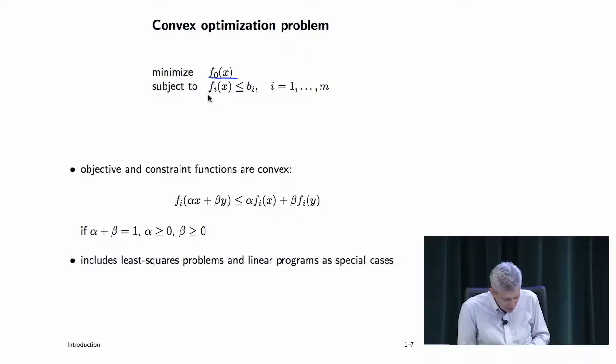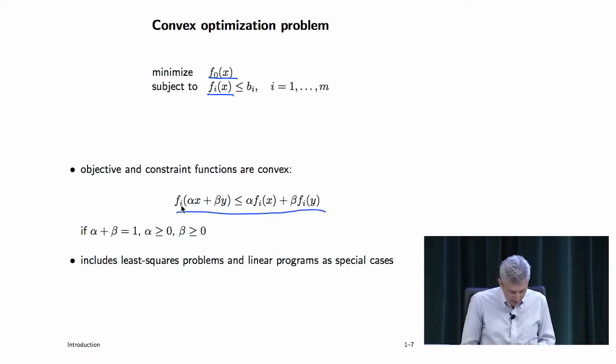This gets us to, well, convex optimization. So I'll say what it is now. Of course, we'll come back later and go over this in great detail. For now, it looks like this. It's a problem where you minimize an objective with constraint functions, and all of these functions have to be convex. And that just means that this inequality holds here. It says that if you take a weighted average of x and y, and you evaluate the function there, that's less than the same weighted average of the function values.